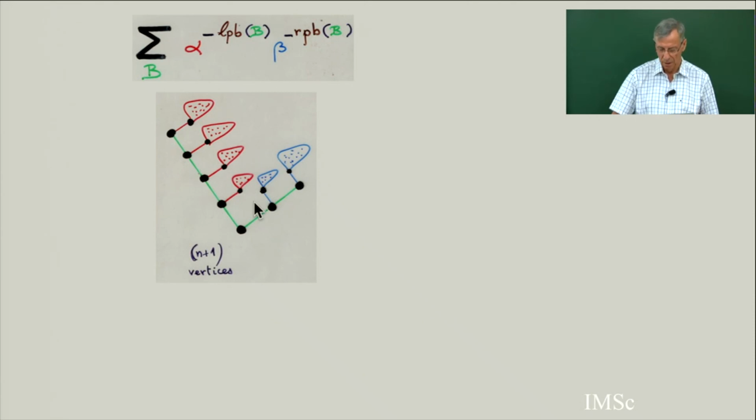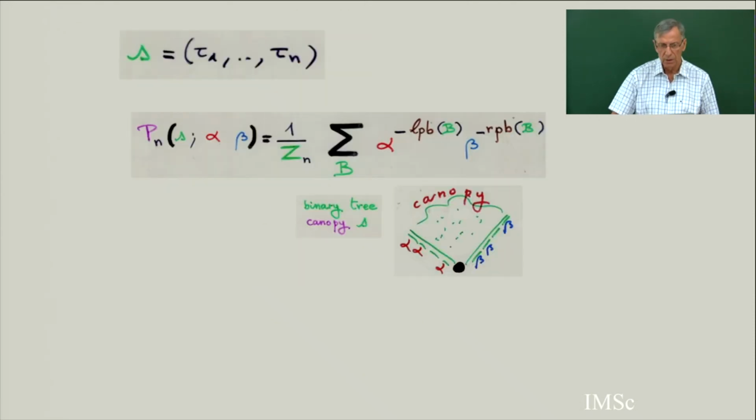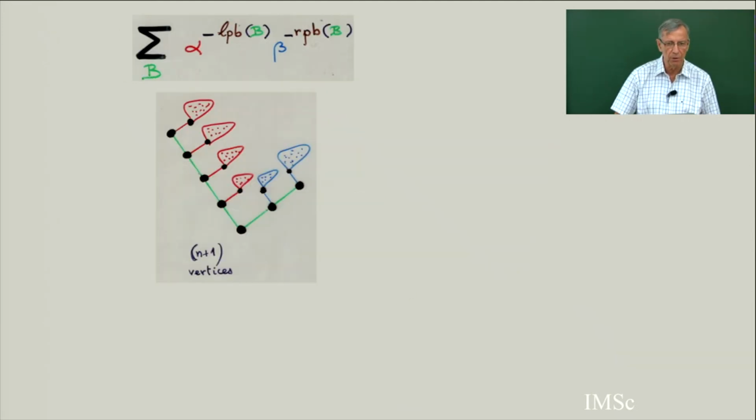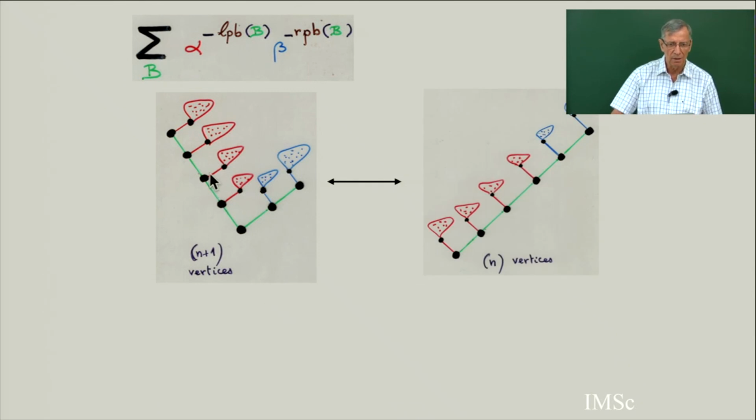To get this term here, to get this expression, where does it come from? It comes from the following bijection. This is a binary tree with a left branch. Here the left branch has length 4, the right branch has length 2, and I bijectively transform this into this. So you delete the root, put everybody on the right branch, and connect exactly these 4 trees here in the same order, connect these 3 here in the same order.